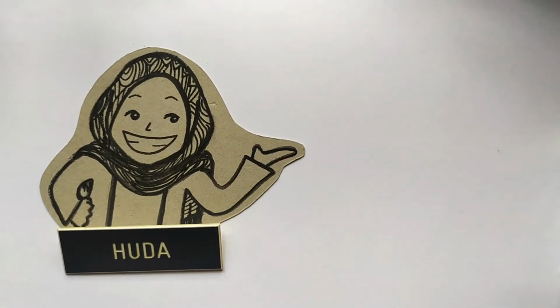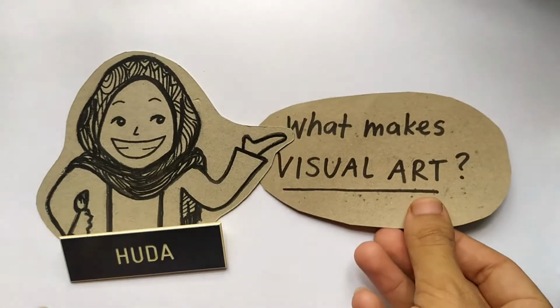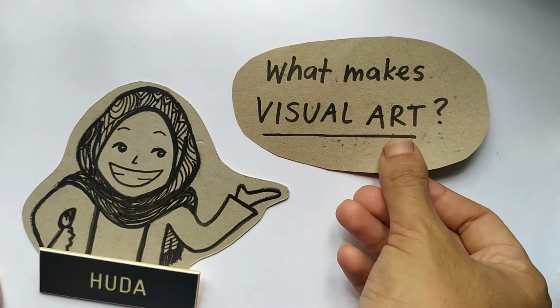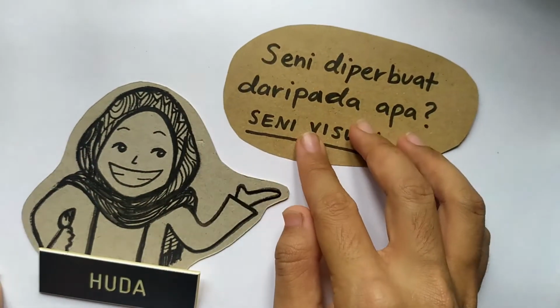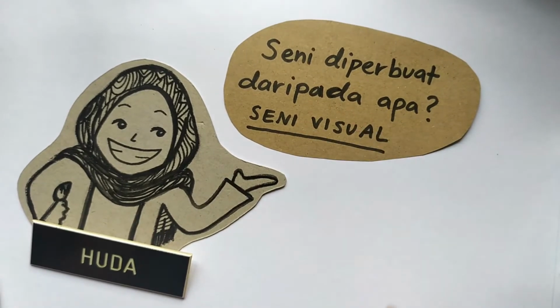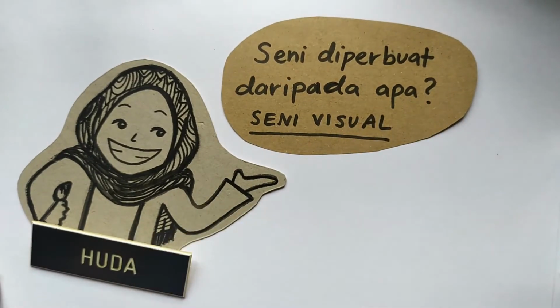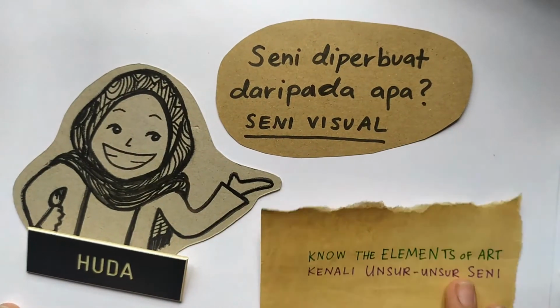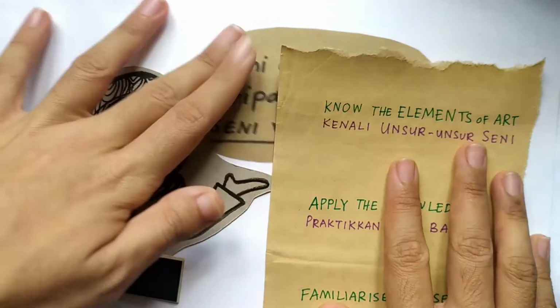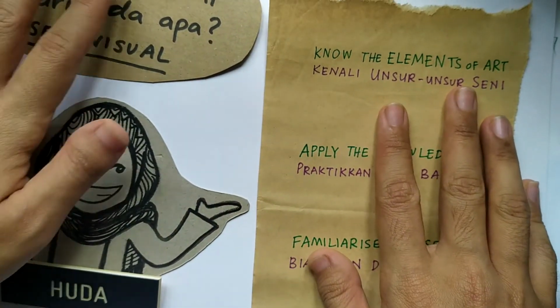Today's topic in this first episode is what makes visual art? Atau dalam bahasa Melayu, seni diperbuat daripada apa? Dalam video ini, kita akan meneliti 3 perkara. Alright, the 3 things that we will look at is, number 1,